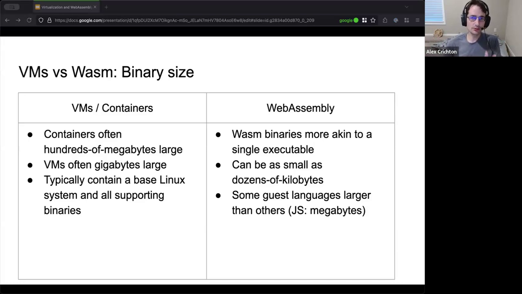So this very much depends on your language. Rust and C, for example, can get down to dozens of kilobytes, but JavaScript, which brings an interpreter right now, like SpiderMonkey, tends to be on the more megabyte size of thing. But even that depends on the interpreter you bring. QuickJS is probably smaller. Various trade-offs to be made there. But just to give you an idea, WebAssembly is intended to range from very small up to very large.